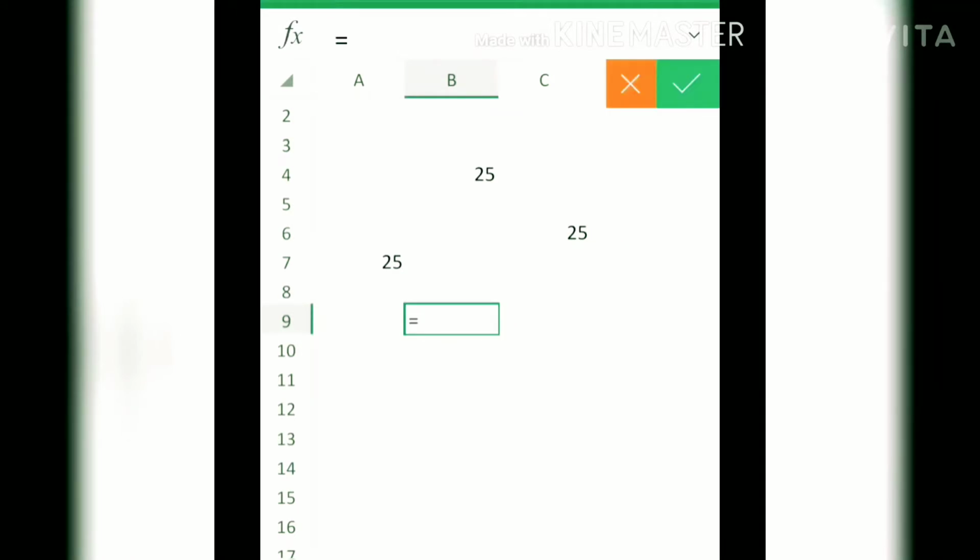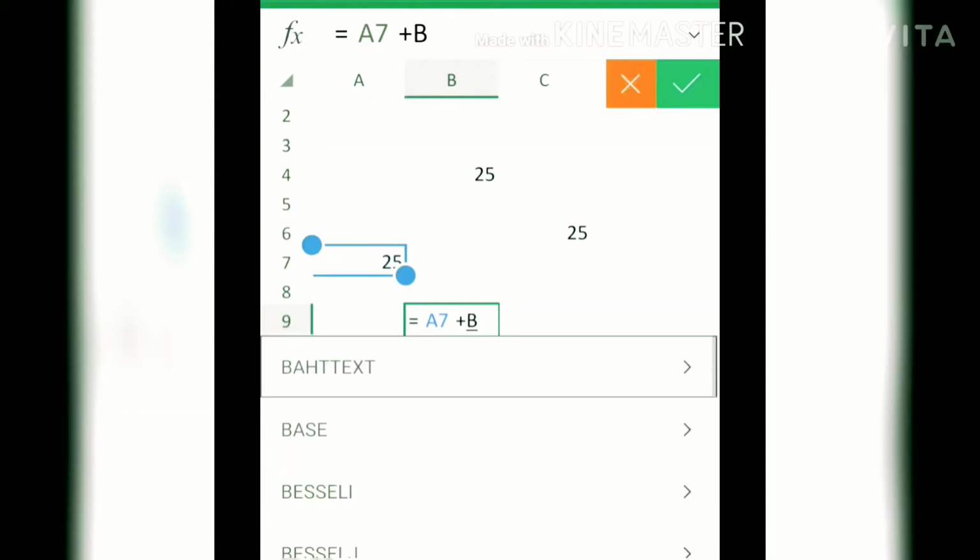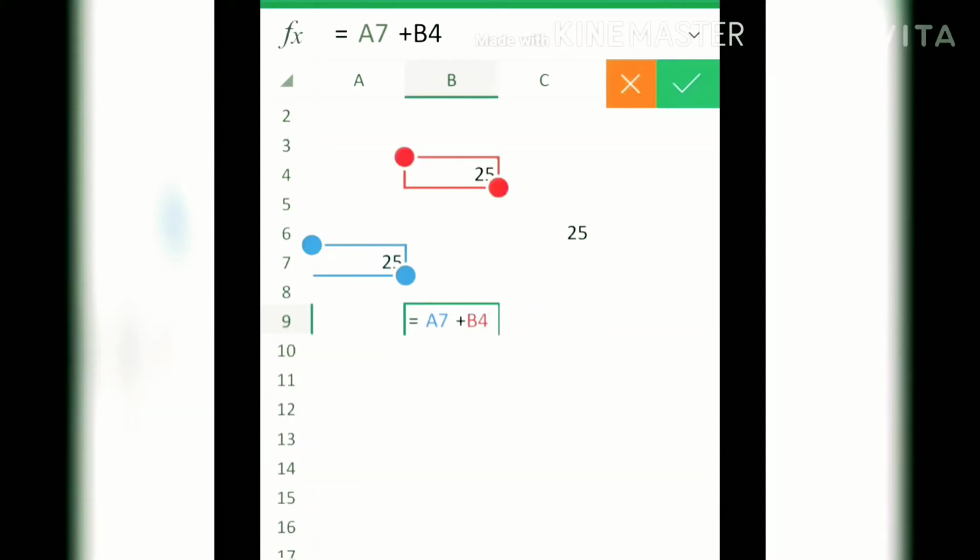then type equal, then select the first cell. That cell address is displayed in the cell. Then click the plus symbol. Then select the next number-containing cell, add the plus symbol again and select the next number.